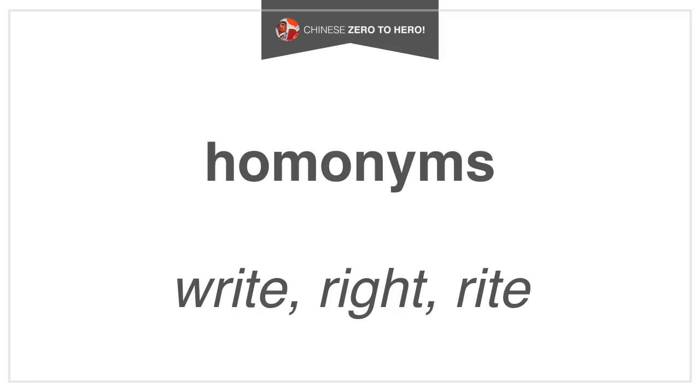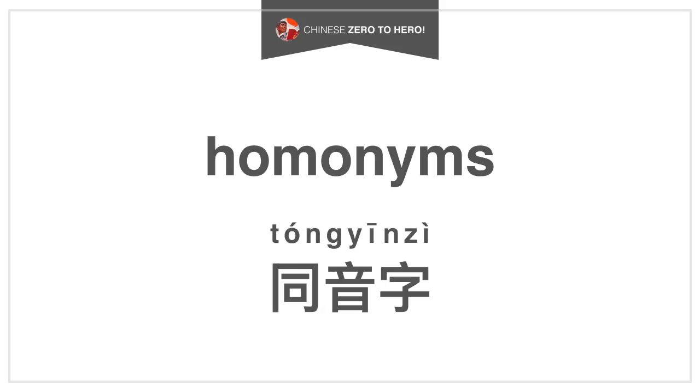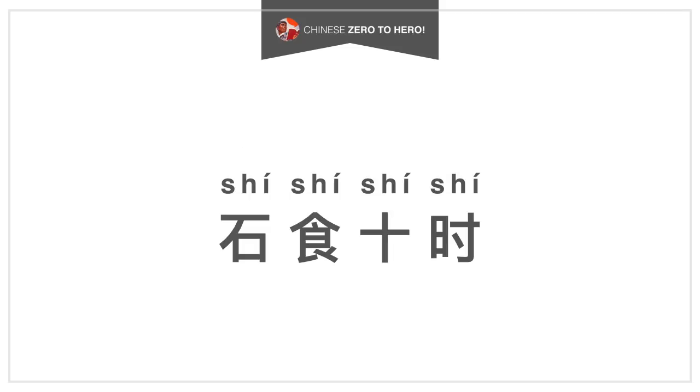This is John. In this video, let's talk a little bit about homonyms, which means two words sounding exactly the same but meaning different things. For example, in English, we have right, and right. This in Chinese is called 同音字, literally same sounding characters. For example, 十 as in stone, 十 as in to eat, 十 as in 10, and 十 as in time